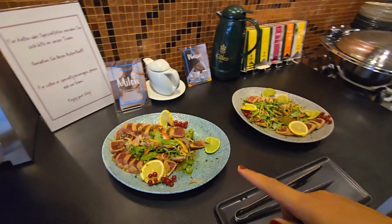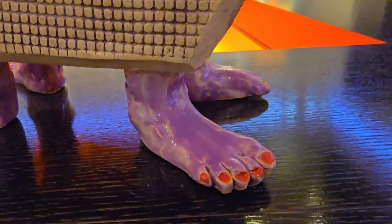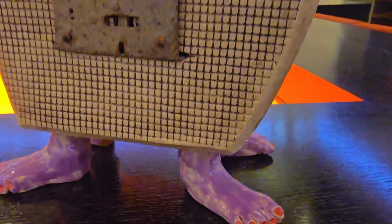Hotel, they do have in the buffet station. And the special thing is this one is the best. Look at that thing, it's so cute. I don't know what that thing is, but